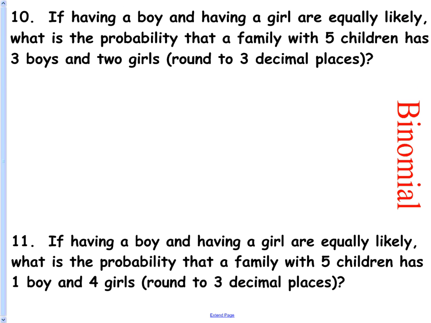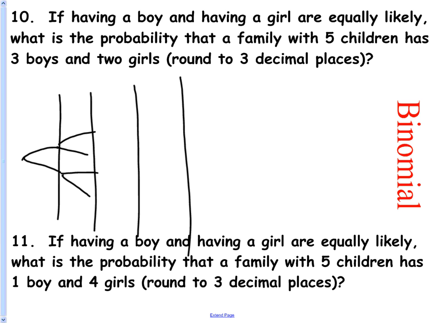Binomial questions. Binomial, look for something that you could make a big tree for and then say, there's no way he would actually have me make a tree that has 5 separate children, because the first branch would look like this, and then the second kid looks like this, and I have to do 5 separate kids. You imagine how big that tree would be by the time you were done? You'd need all the branches all the way out to here, and I bet there'd be tons. Okay, so anytime you're looking at making a great big tree where all these probabilities stay the same, they don't change based on the other ones, so they're independent,